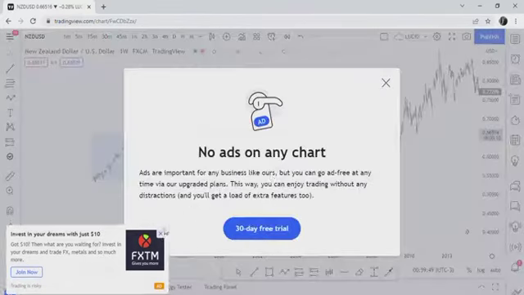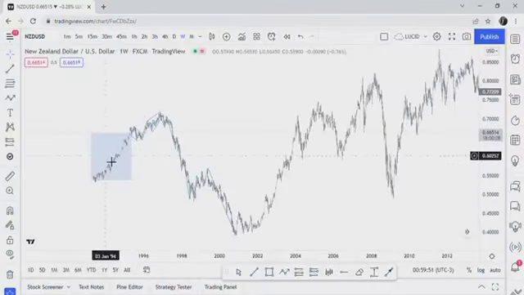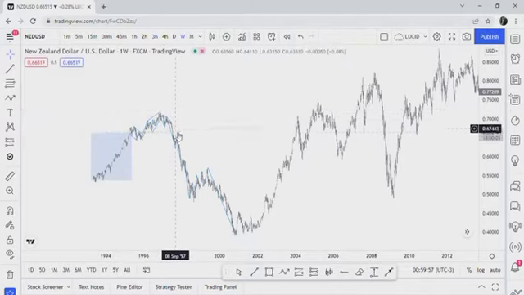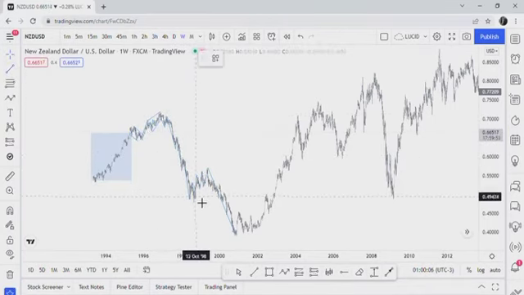Impulse, impulse correction, impulse correction to the upside, impulse pullback. This pullback is also a correction. Impulse pullback, little impulses, pullbacks. This correction, this huge correction here